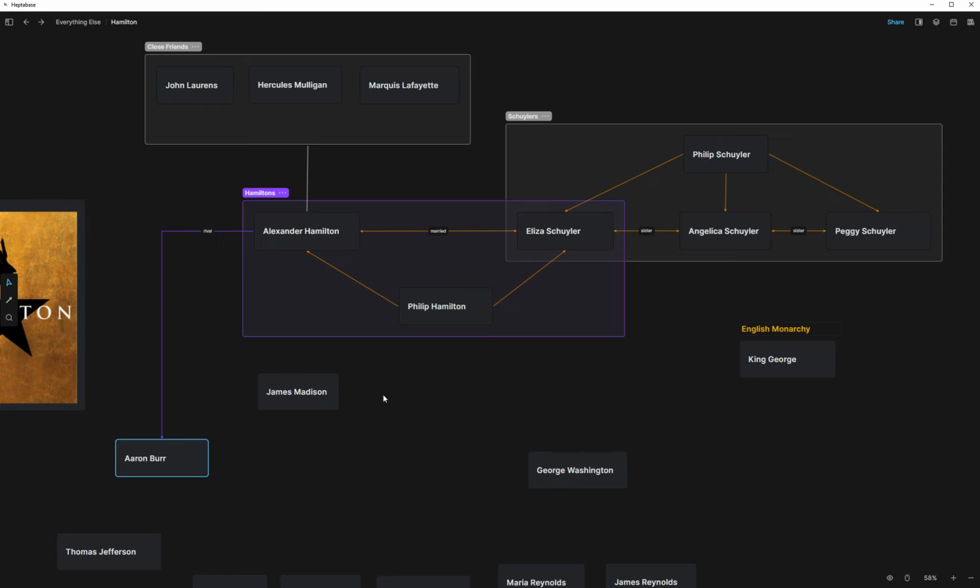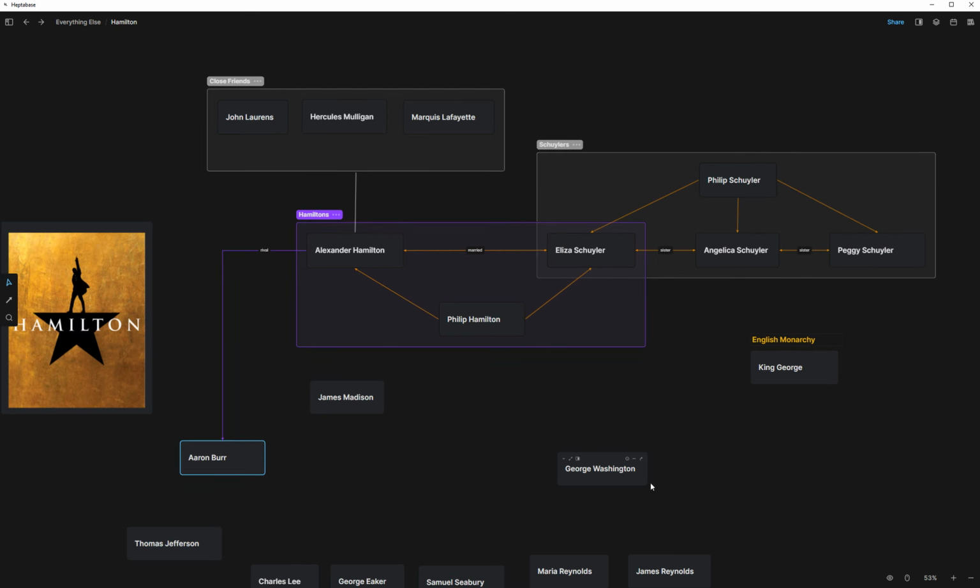So I could have something like George Washington just join to, you can see it's attaching itself to the Hamilton's family, although he's not a member of that. But it's that idea that I can connect from card to card to section, or if I have another whiteboard on here, I can even connect to that too, which is quite useful. So I hope this little look at how the connections tool works is useful for you,